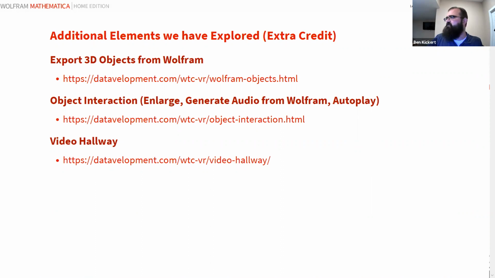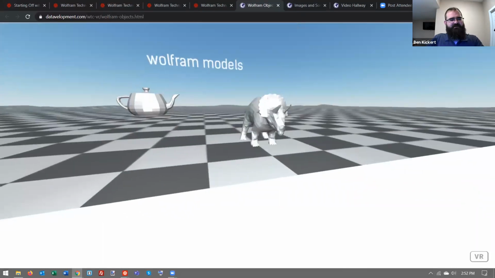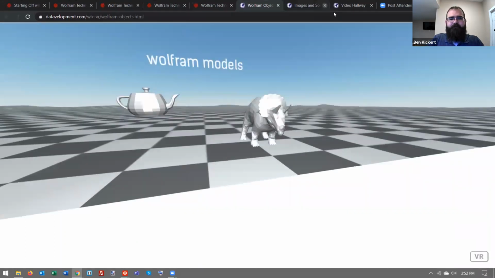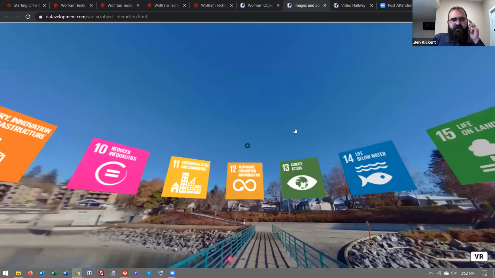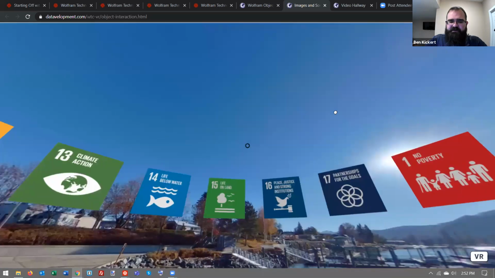And so one of them that we've looked at is bringing in Wolfram 3D models. And so there you have your Triceratops and your teapot that we can use. I can leave that up. We also have, this has image interaction. And so in this case, we pulled in all of the sustainable development goals, and we've made it so that